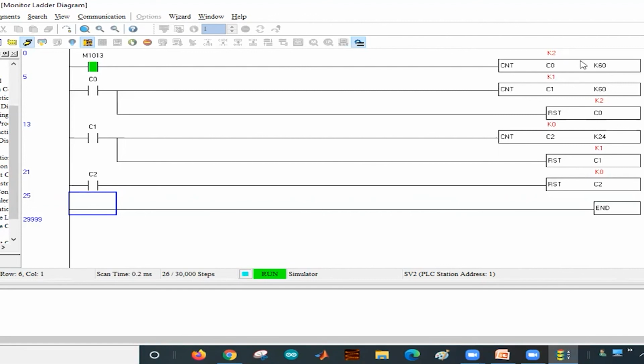See, whenever it reaches 60, C1 is incremented by 1. That means 1 minute is over. Now C0 has been reset and it is counting again. And again, when 60 seconds is over, this will become 2.